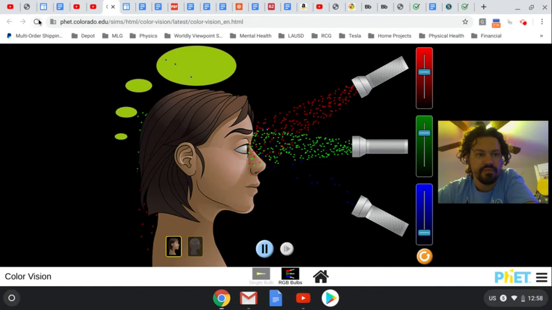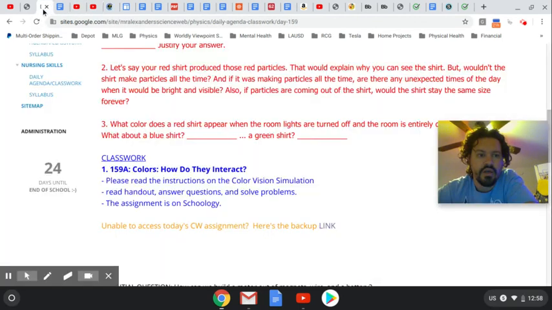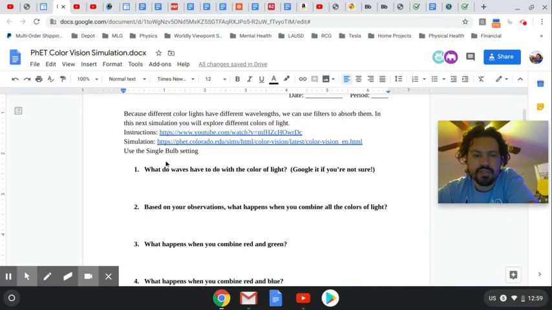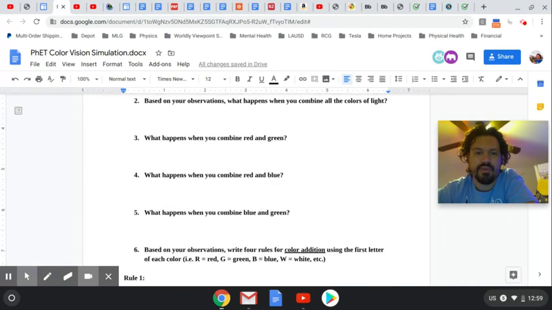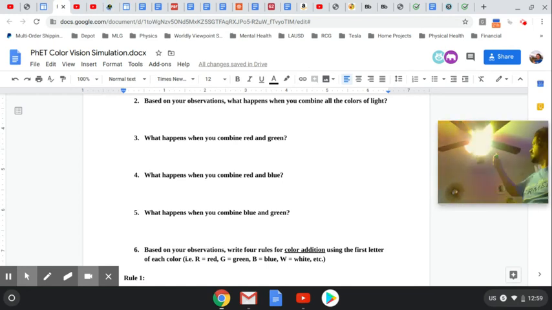All right, we'll just refresh. All right, so that's RGB and lots of questions to answer, like what happens when you combine red and green. Ooh. Nope, I don't have red and green. Orange and green, I think. Is that red? I can't tell. I think that's orange. So you can play around with some of this stuff at home, which is why I brought this in here.